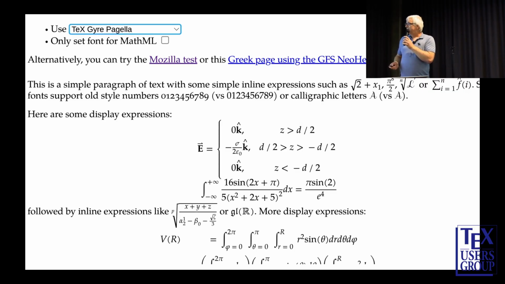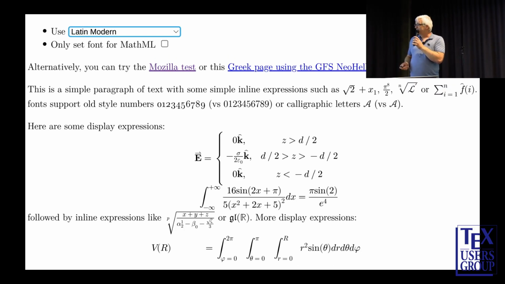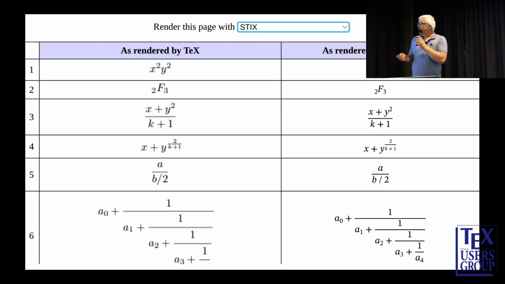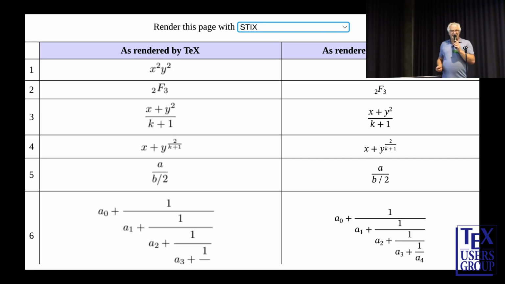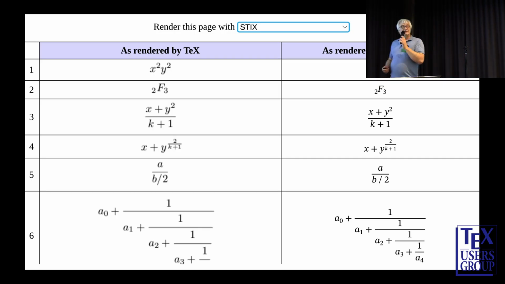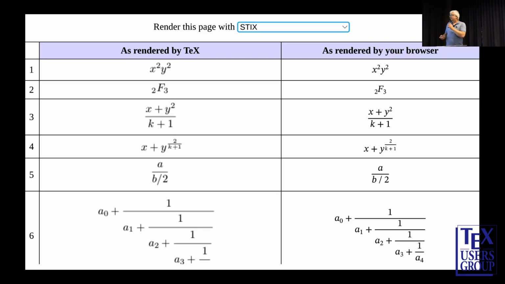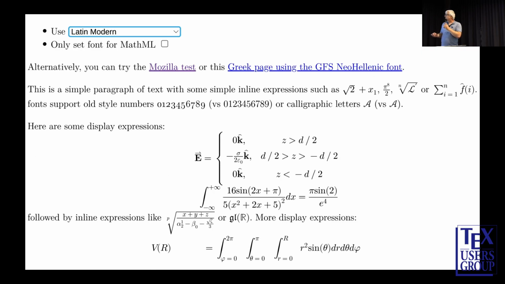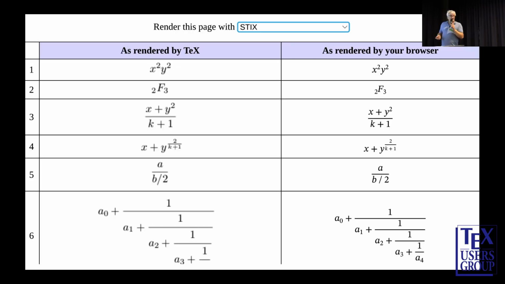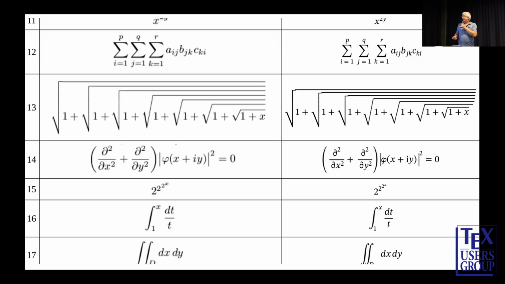TeX Gyre Pagella, what else do we have? Latin Modern. So there are a lot of different pages. You can also look at how TeX renders against the browser. That is a very nice view. So this is, whoops, wrong button, no. This is the STIX font, where you compare the STIX fonts rendered in my browser against a pixel image rendered from TeX. And yeah,